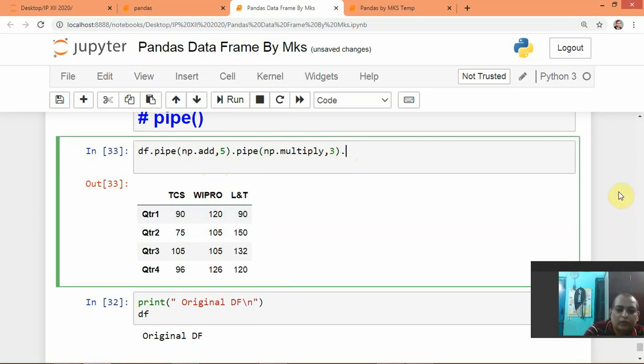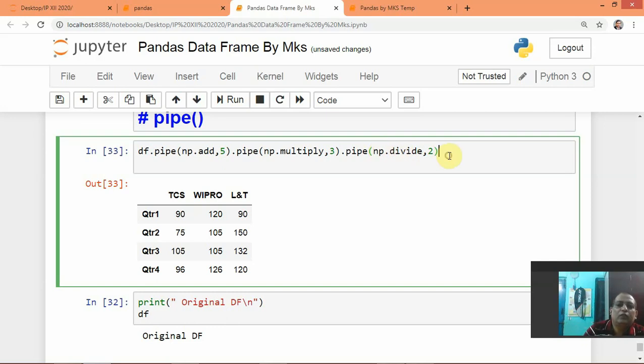One more function we will write, pipe np dot divide, comma, by 2.